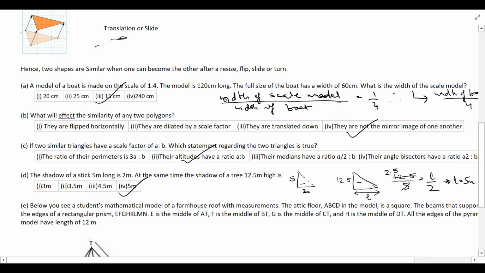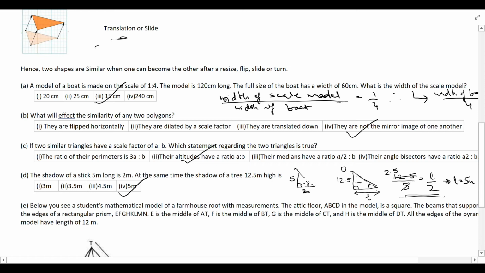So we just need to see, because here the angles will be same. These will be similar triangles because this is the sun, this angle and this angle will be same. So these triangles will be similar. This is a 90 degree angle. So that's why we can say that the ratios will be same.